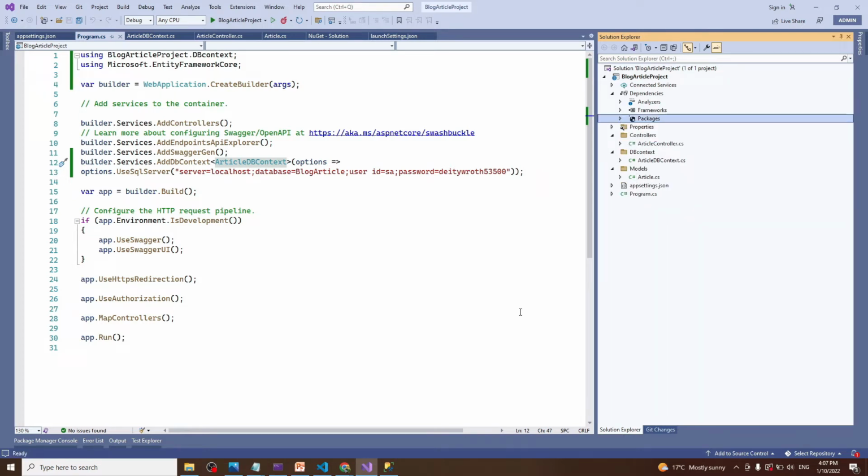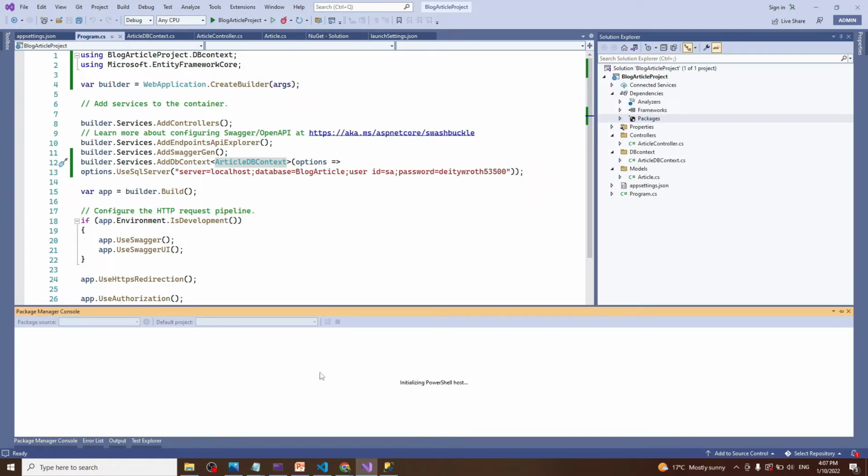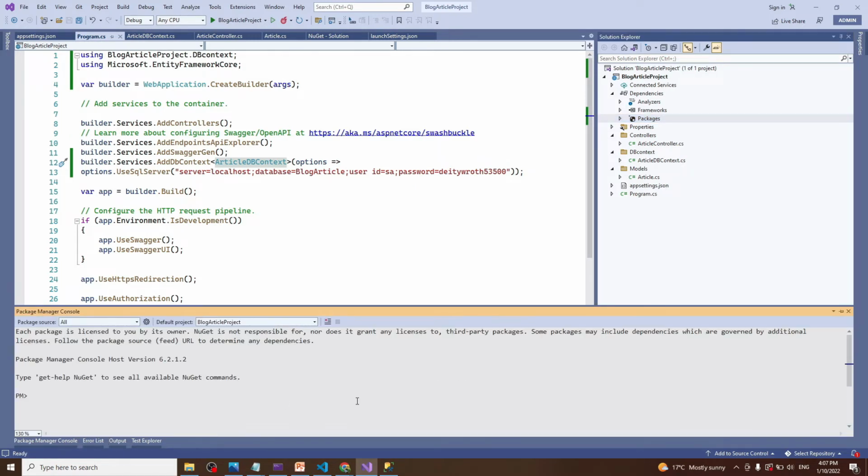Using this tool, in the package manager we can run this command, and I will show what it does. Add-Migration, and we can put the context name. Our context name is ArticleDbContext,